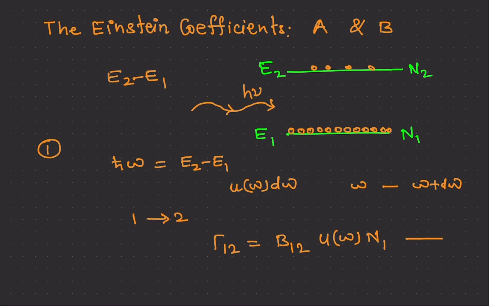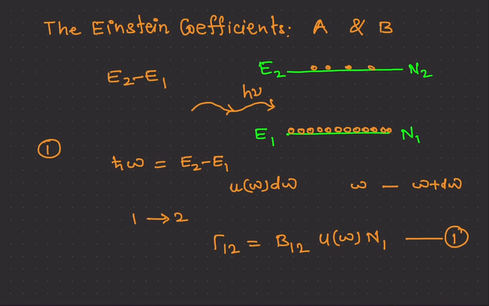Let us consider this as equation number 1, where B12 is the constant known as the Einstein coefficient of absorption, and it depends on the energy levels E1